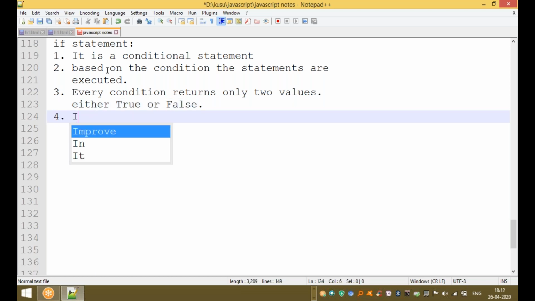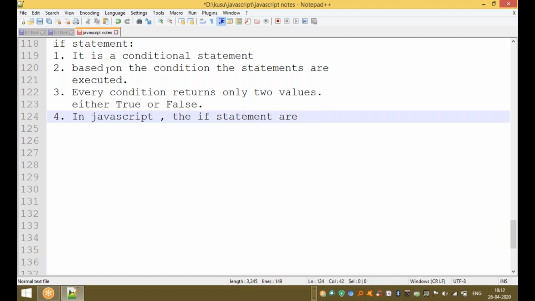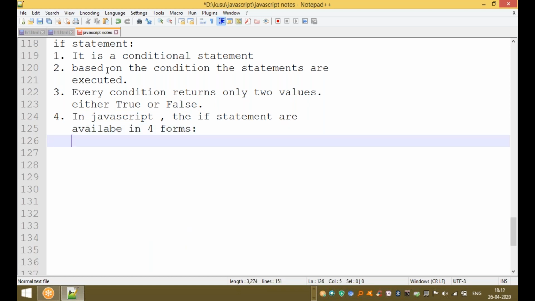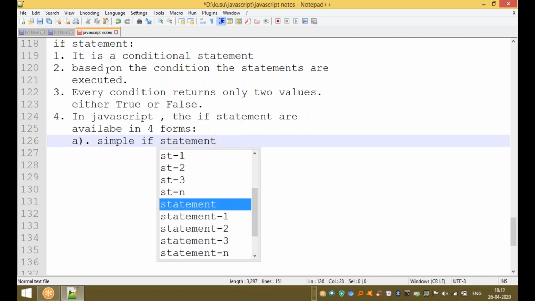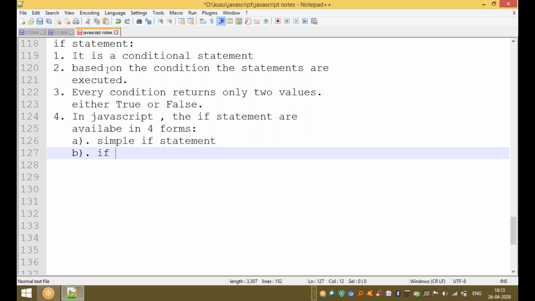Now, in JavaScript, the if statement is available in four different forms. Number one is the simple if statement. Number two is the if else statement.